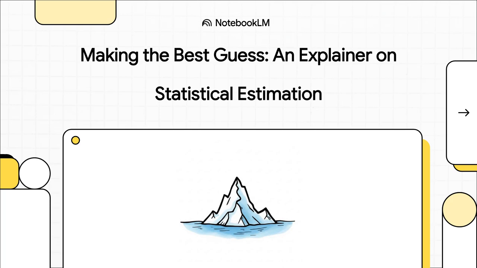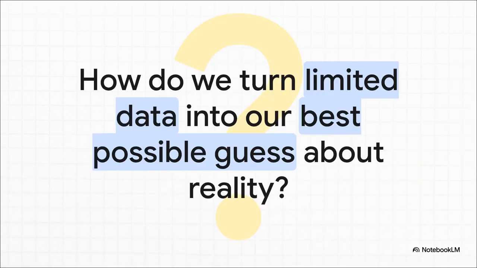You know, every single day, we're faced with a world of incomplete information, whether it's trying to predict the stock market or just figuring out if you need an umbrella. So the big question is, how do we make the best possible guess about reality when we can't ever see the whole picture? And that's exactly the question we're diving into today. We're going to unpack the amazing statistical tools that let us take just a small slice of data and make a really good guess about the whole thing.